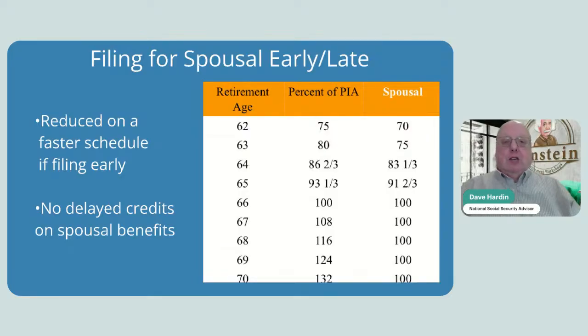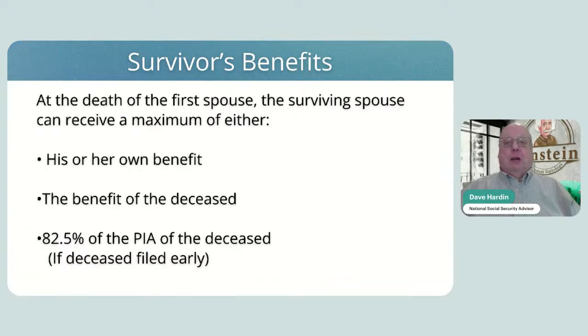I cannot tell you how many people I've seen waiting past their full retirement age, thinking that their spousal benefit is growing, and finding out later that they just threw away money. Because my own benefit, I could go to Social Security and maybe go back even a year and file it back, and they would give me a lump sum and then start my benefit. I can't do that with a spousal benefit. You can only file a spousal benefit forward, not backwards. These are things you just don't want to make mistakes on.